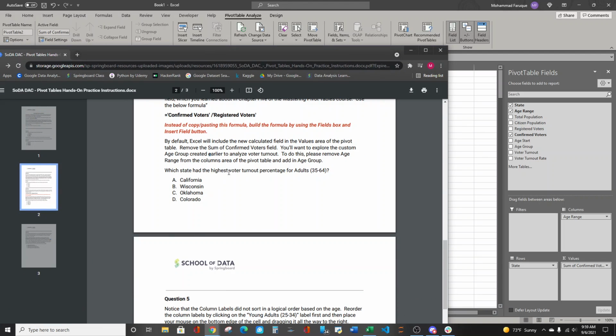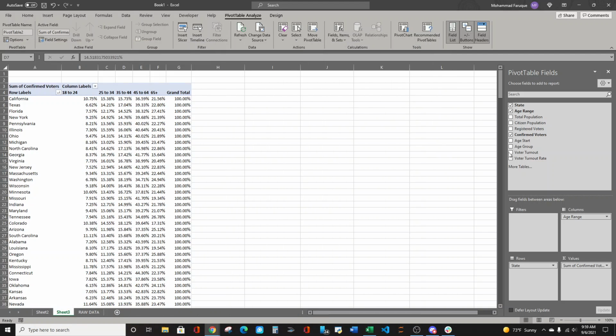Which state had the highest voter turnout percentage of adults 35 to 64? Now, there's two ways of answering this question. I'm going to show you how you would do it from this setup, and then I'm going to show you a different way of doing this. So, the first way is